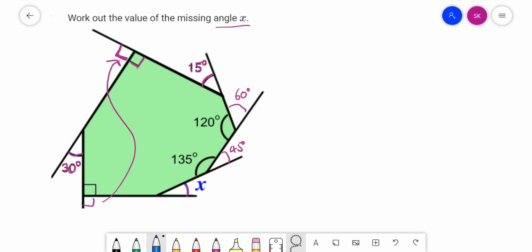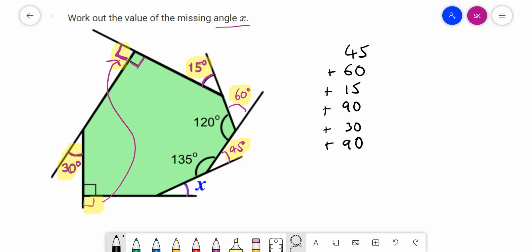So what I'm going to do is add up all the exterior angles. So that's going to be 45 plus 60 plus 15 plus 90 plus 30 plus 90